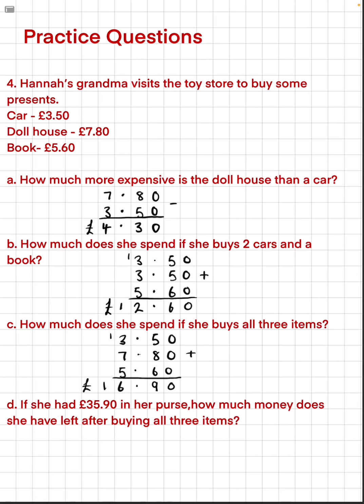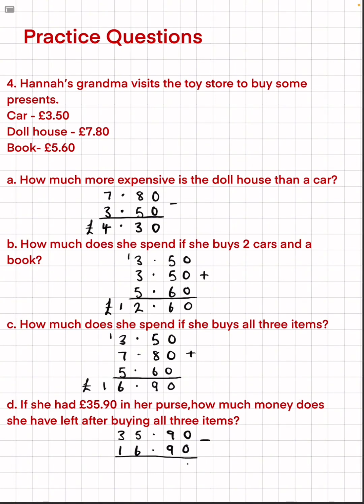Part D says if she had £35.90 in her purse, how much money does she have left after buying all 3 items? All 3 items cost £16.90. So we need to subtract £16.90 from £35.90. So if we do £35.90 minus £16.90,